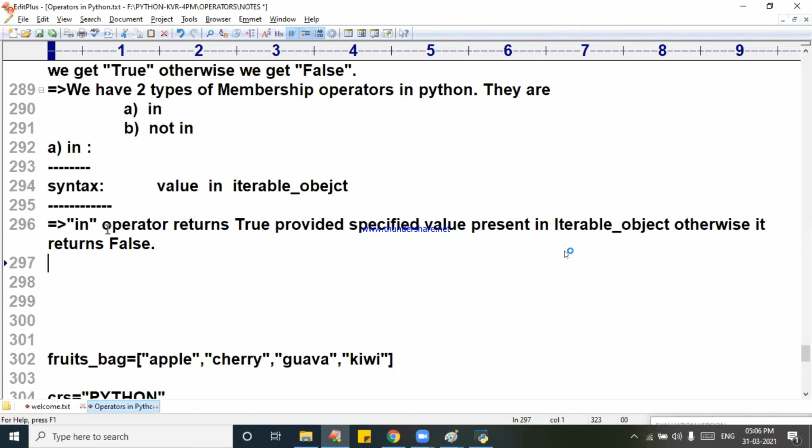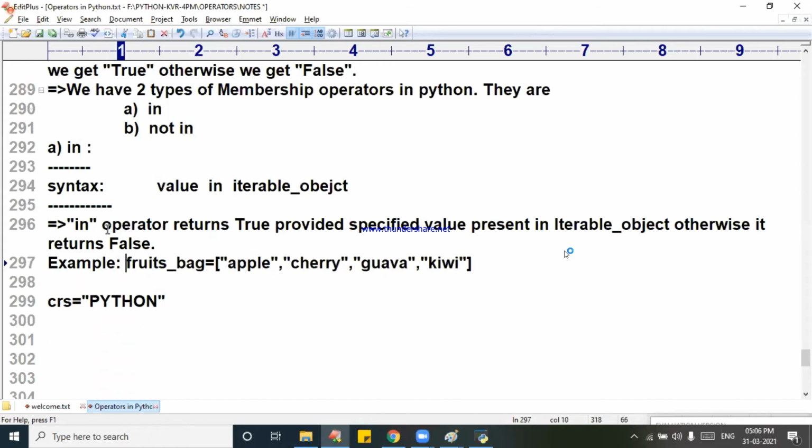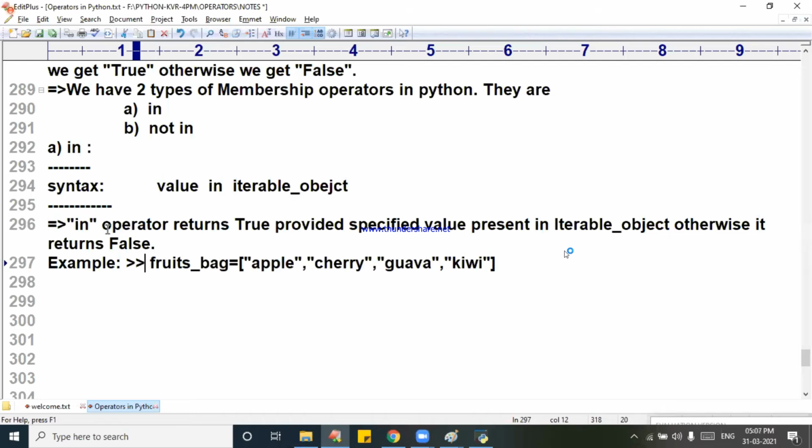If you take an example, then and there I will give it. fruits_bag is equal to, now I am writing here, example. This is called the result, this is called the value. Now I am writing: apple in fruits_bag.